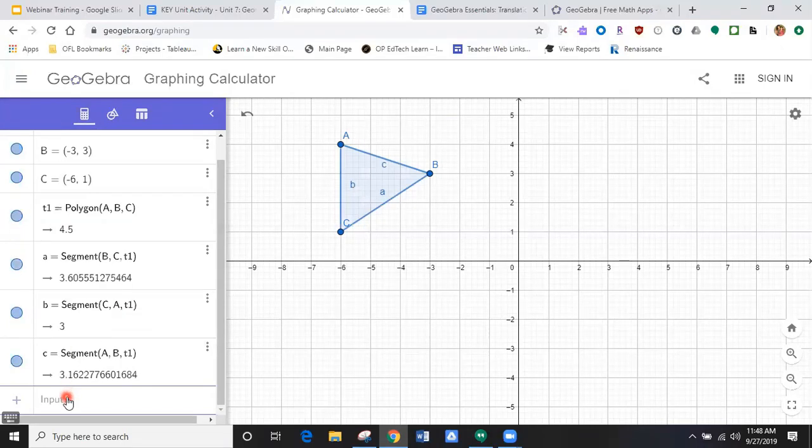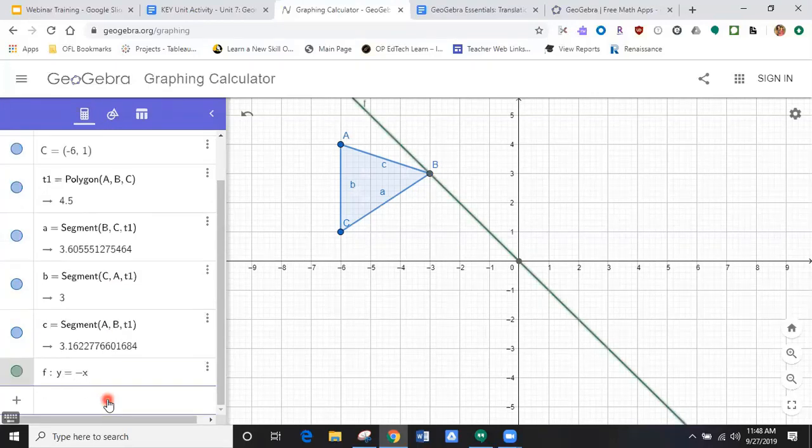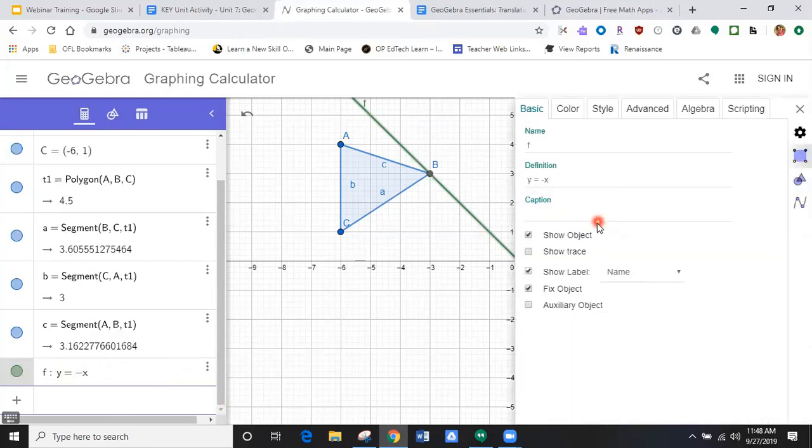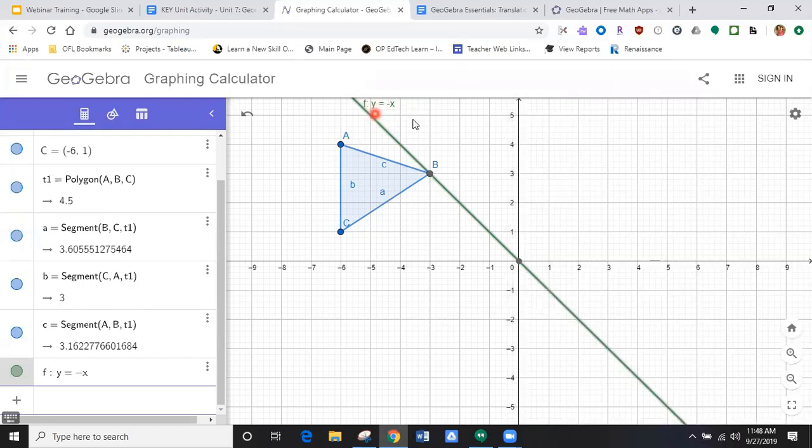Okay, so I'm going to input y equals -x, just like that, and there's the line. That's the line I'm going to reflect across. Now, if I want to label it, I can click on these three dots where I input my function and click on settings. And here I can show just the name or the name and the value. I clicked on name and value so that I can see my equation or function written on my graph